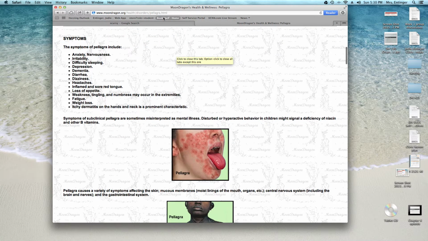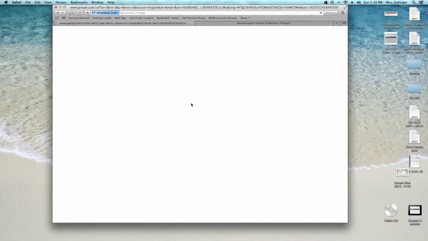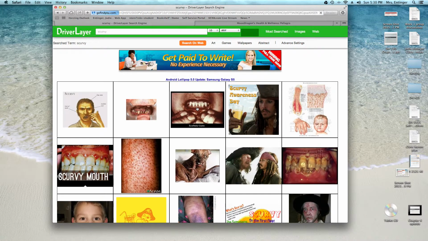I'm sorry, this was pellagra. Oh my gosh, I'm so sorry. Scurvy. This is the scurvy. And again, you don't see it much in the US, but